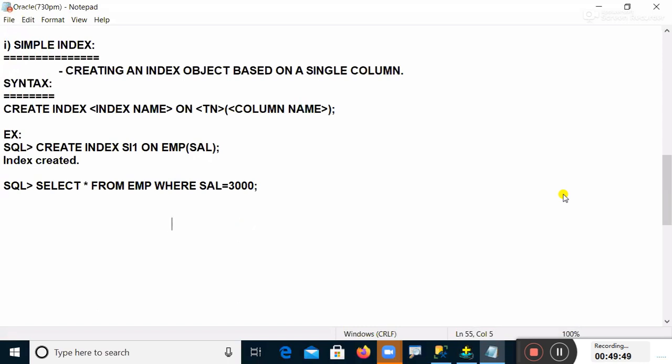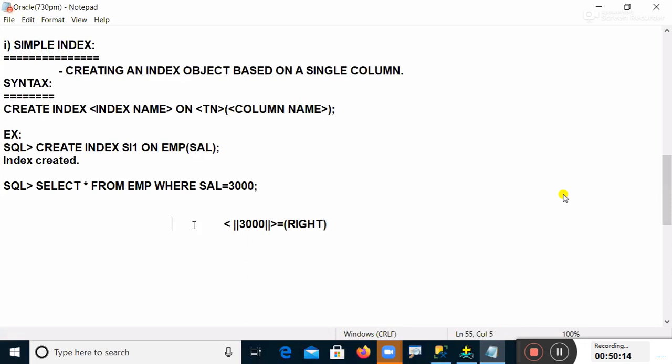So 3000 is my root value. Values less than 3000 are stored on the left side, and values greater than or equal to 3000 are stored on the right side. This is called the right side